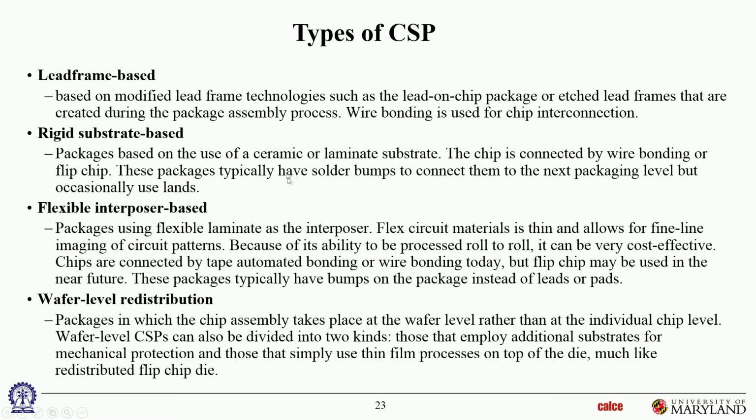Okay. So a lot of text, unfortunately, on this slide, but those are the four. Okay, the lead frame based, the rigid substrate based, rigid interposer or substrate, flexible interposer or substrate, and wafer level CSP. Okay. So there's a lead frame design over here, but it's not the kind of lead frame we've been seeing so far. It's slightly modified because these are very, very tiny. Okay, and we'll see some examples of this. And oftentimes these lead frame based ones are wire bonded. Okay, they're not flip chipped, they're wire bonded. Okay,